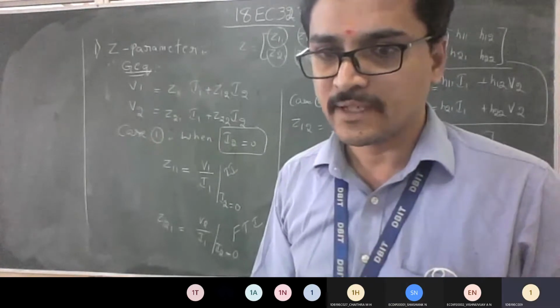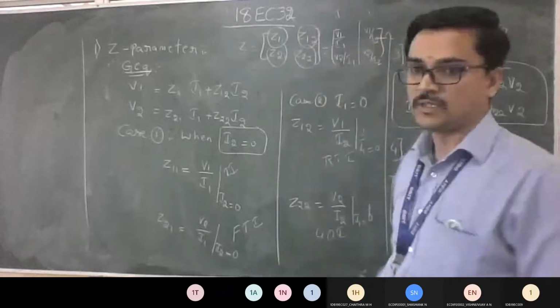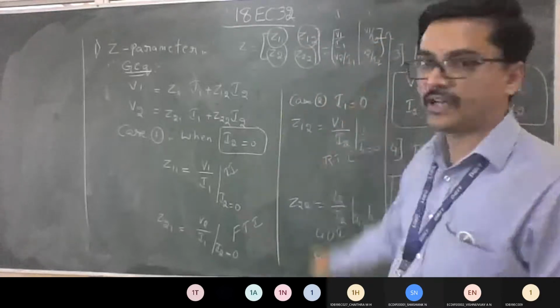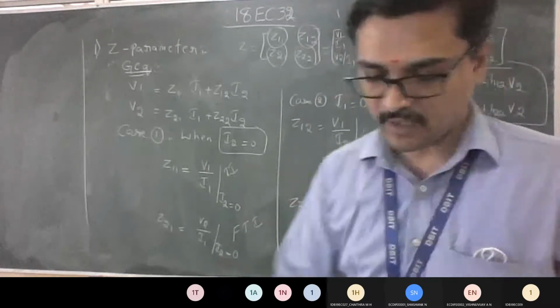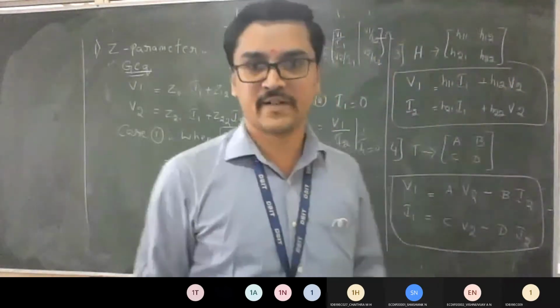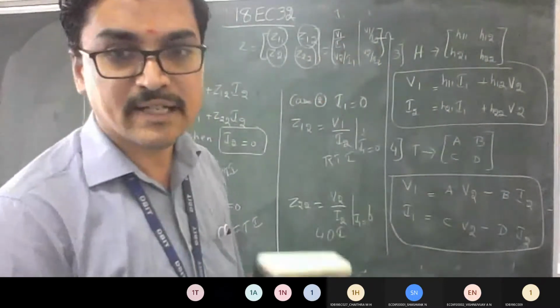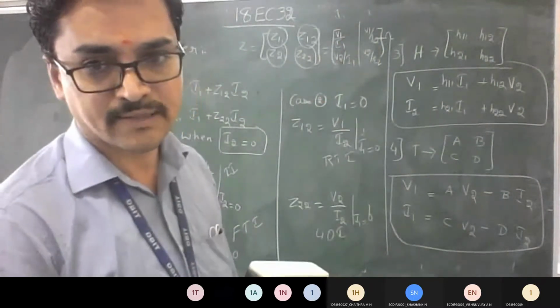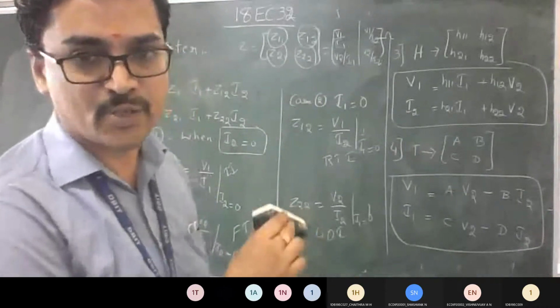What is the unit? Mho. Is it ohm only? So you can write it as ohm. So whatever values you get, you can mention it as ohm. So this is one part of your derivation. For the same Z parameter, they will ask you to write the equivalent network. If they ask you to write the equivalent network, I will show you how to write it.